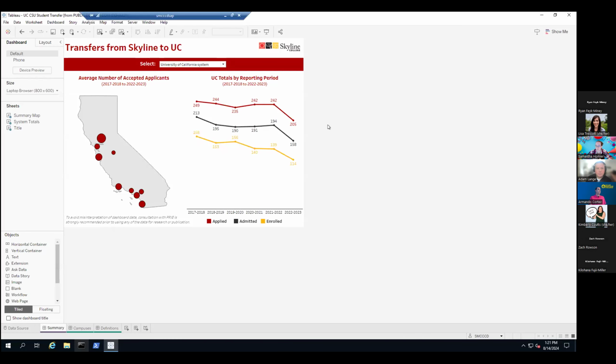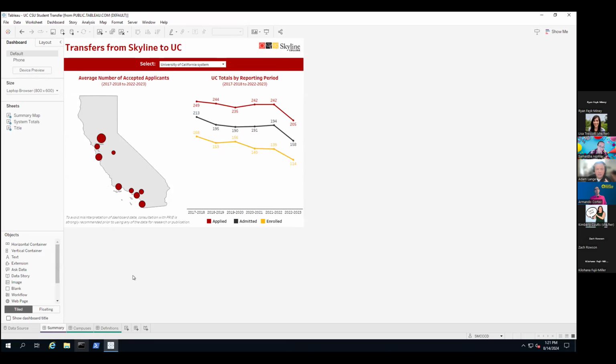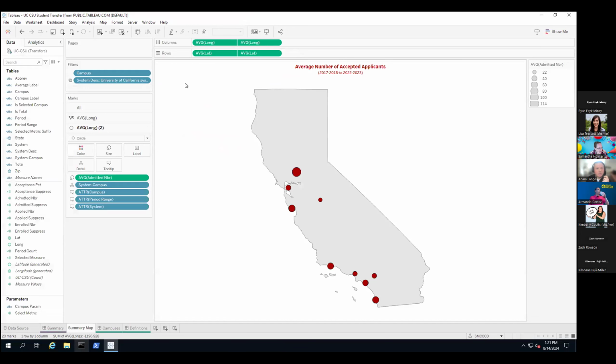All right, I'll jump now into the dashboard itself. What you're looking at is the dashboard that I have opened up in Tableau Desktop, and it's exactly what you saw on the website. I'll just point out a couple of things. One is, on this map visualization,